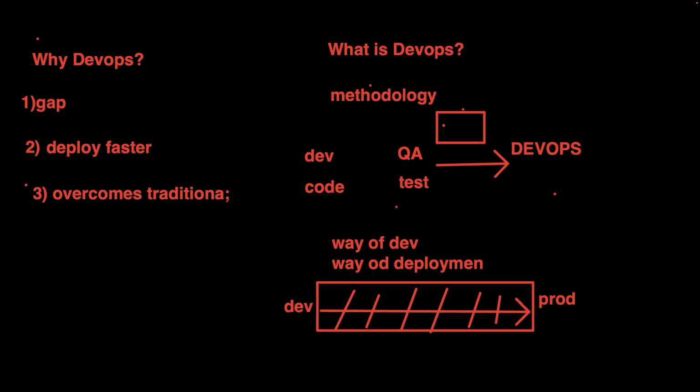Earlier, they used to share that artifact, the WAR file or whatever you call it. I'll talk about those things in detail in the sessions, but I'm giving you a high-level picture here. Let me know if I'm making sense. Earlier they used to hand over the application directly, but now they containerize and share it. That means you should know Docker, right? You should know what is meant by containerization, why you should do it, and how it is affecting the next phases. So you should have this idea, right?